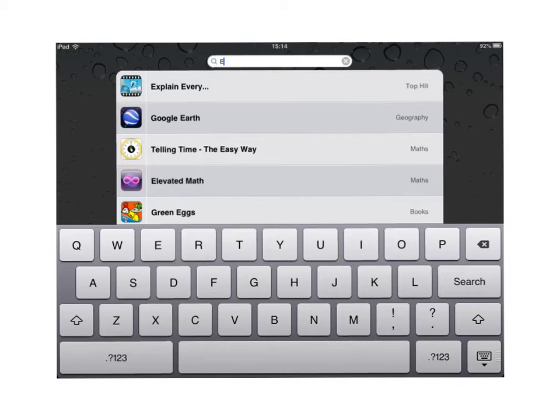So if you can't find the app, you could search for it on the iPad. You just have to write the first letter of the app and it'll come up. See, I wrote E and Explain Everything comes up. So you just press that and then